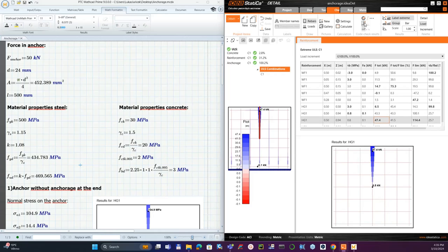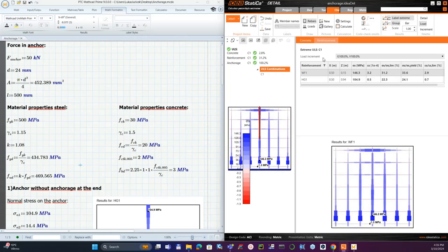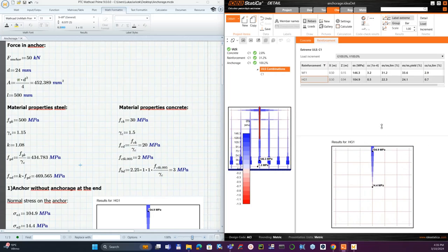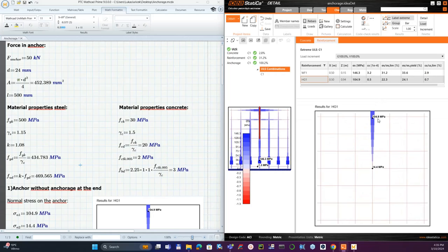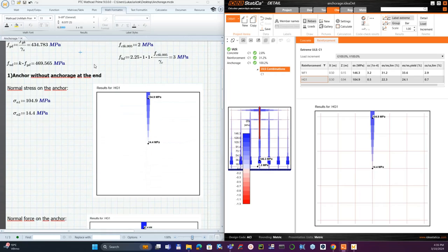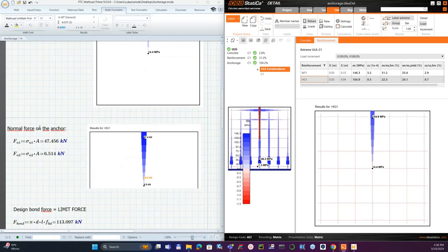But at first, let me jump back to the strength and the reinforcement stress. In the reinforcement stress, we get from the analysis 105 megapascals at the top of the anchor, and at the root of the anchor 14.4 megapascals. You can see on the left side, I have the same. I have only rewritten it into my MATHCAD,